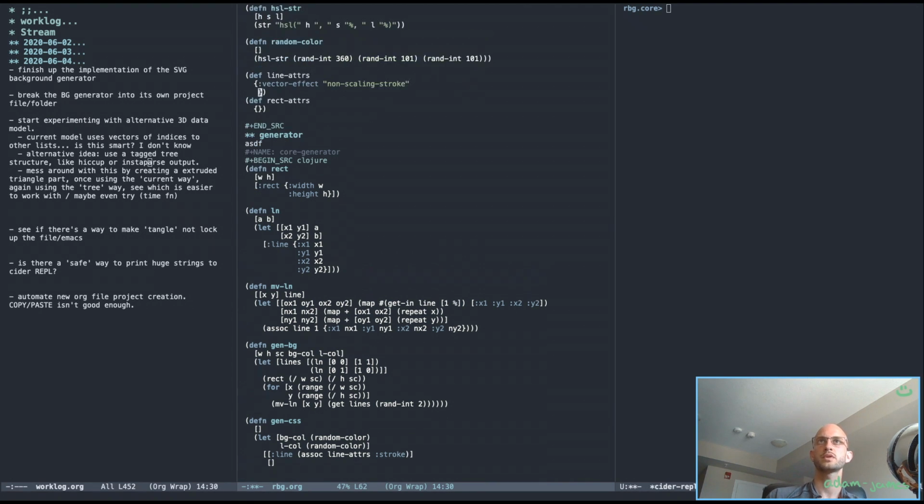Speaking of, line attributes stroke width 2 should be fine. Line attributes stroke width 2, and the, let's see,